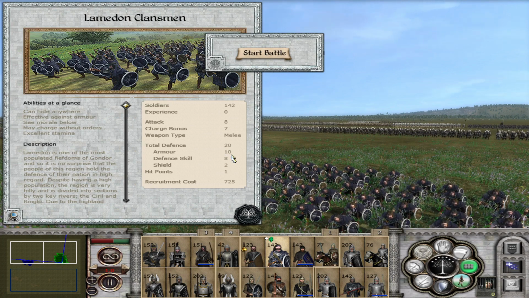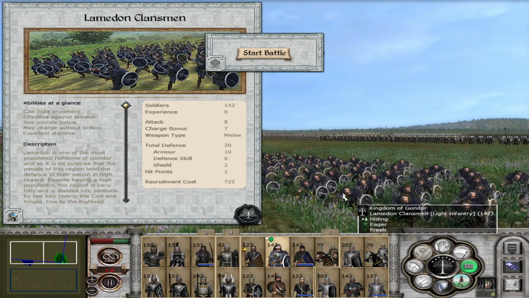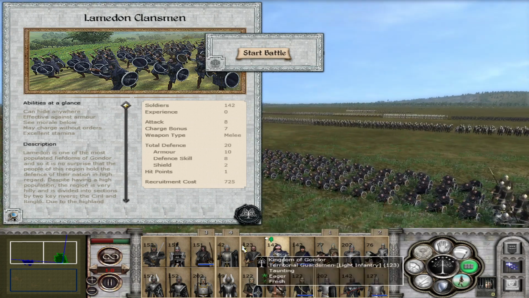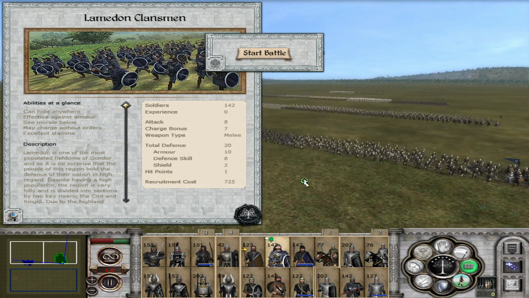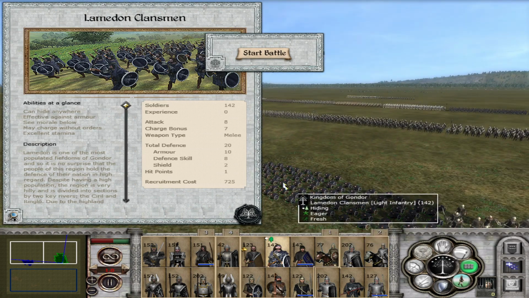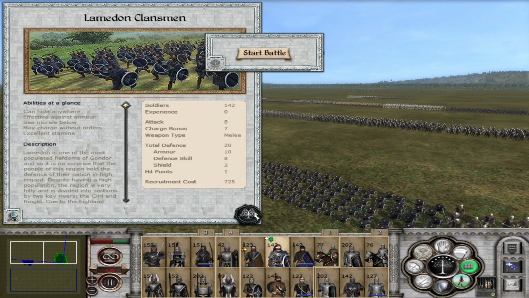Just showcasing that these are your special units. These are your fighting units early on with 10 armor, 8 defense skill, and 2 shield. These are not for defense. They are all about the attack, all about flanking. You should use your territorial guardsmen to defend, and then these guys should be your flanking units to just tear up the enemy. We're talking the cost of 2,525. That's some serious money, and of course an upkeep of